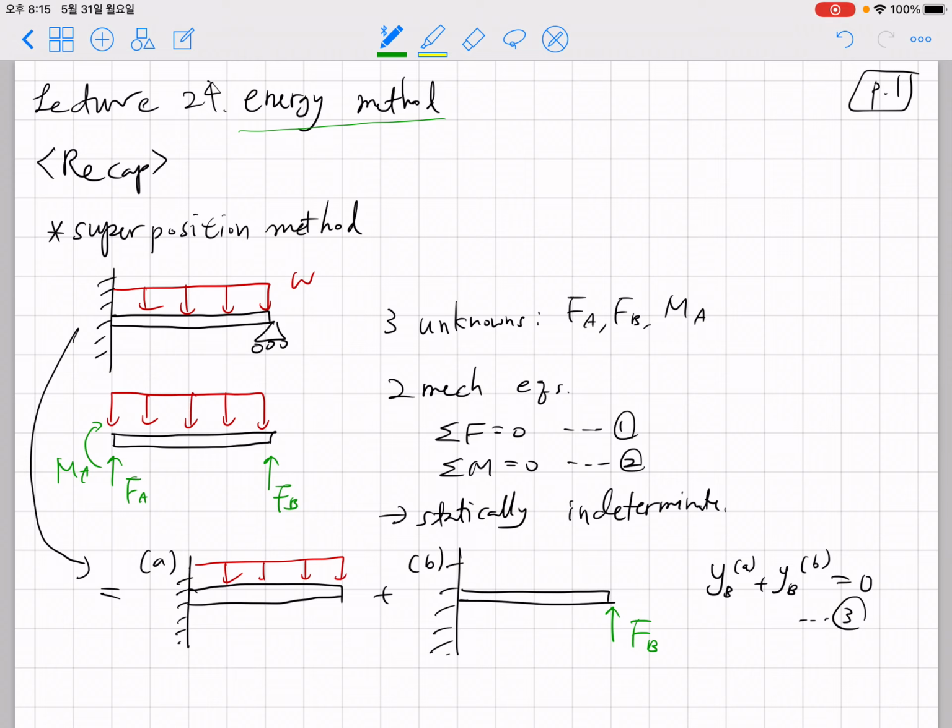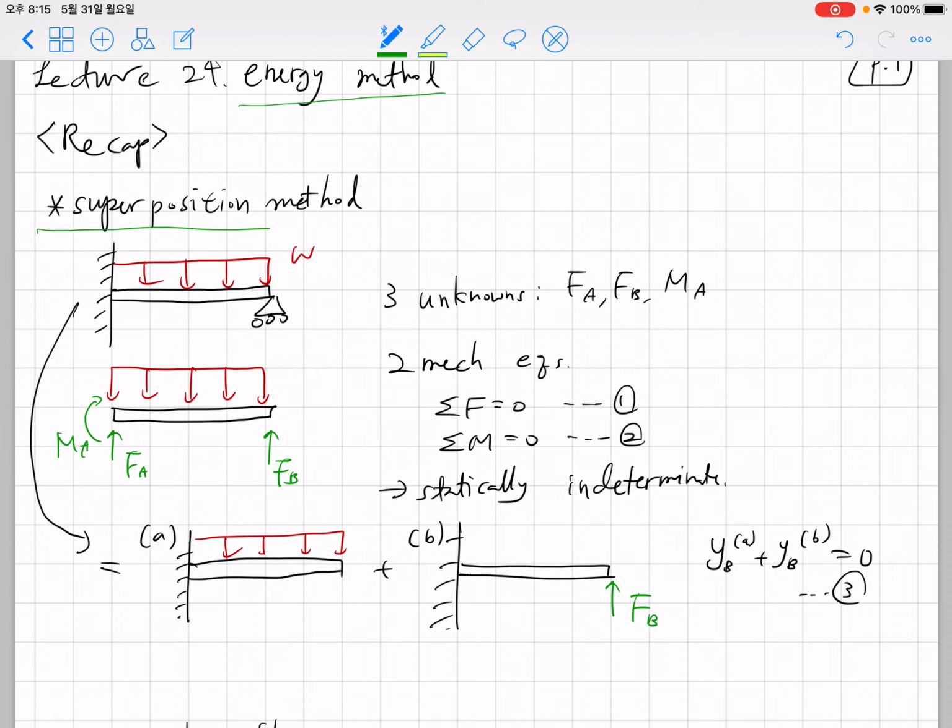let me also give you the review of the entire course flow before beginning today's lecture. So in the previous lecture, we discussed the so-called superposition method. We have already discussed the superposition method in the context of solving statically indeterminate problems back in chapter 2 and chapter 3. Because we skipped the discussion on beam deflection under moment and shear, we discussed beam deflection, and as a follow-up, we also talked about